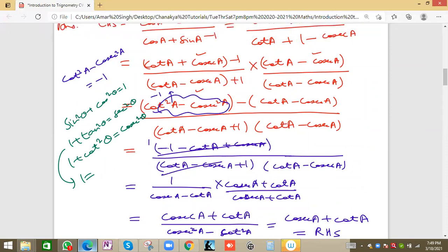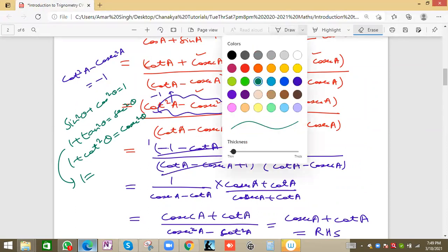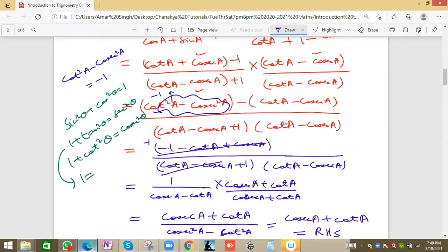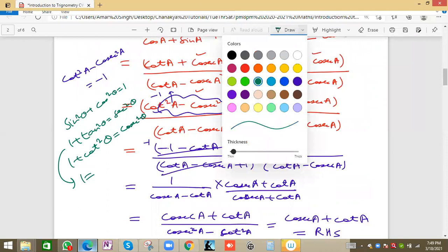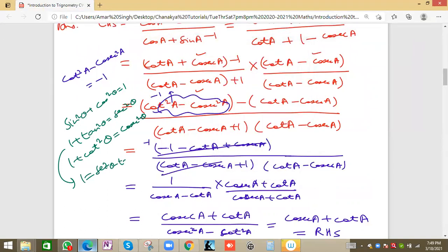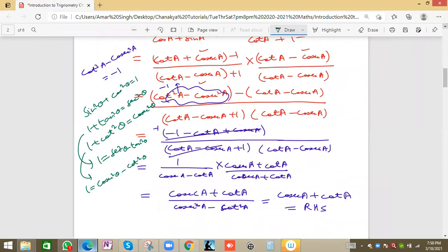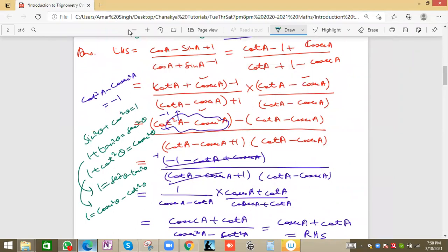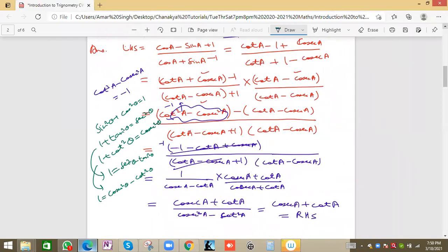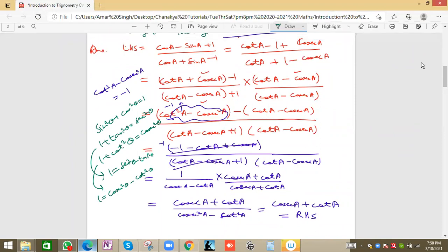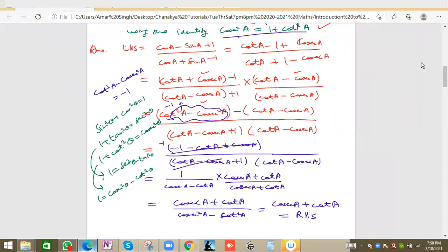So this will be minus 1, and basically we can write 1 is equal to sec square theta minus tan square theta. From the other equation, 1 will be equal to cosec square theta minus cot square theta. Please note the solution and try this now. From your side you can try this question 1 or 2 times. So we have used this identity, cosec square theta minus cot square theta equals 1, in solving this question.